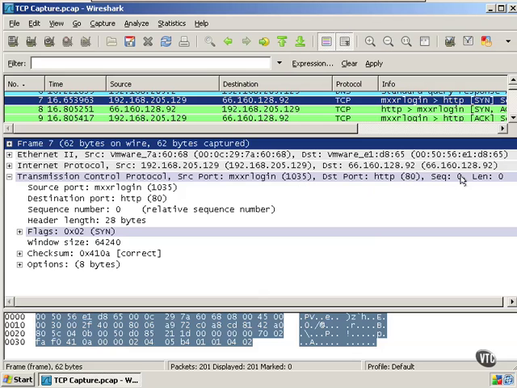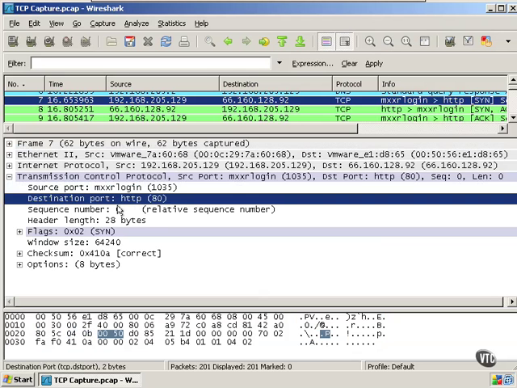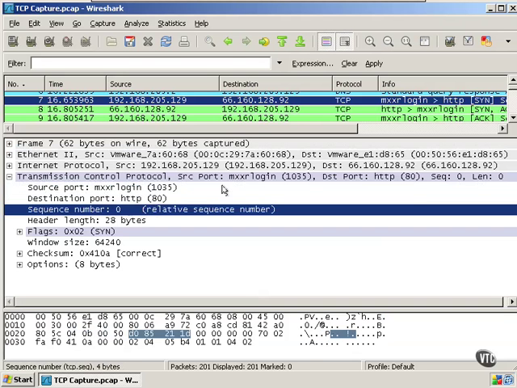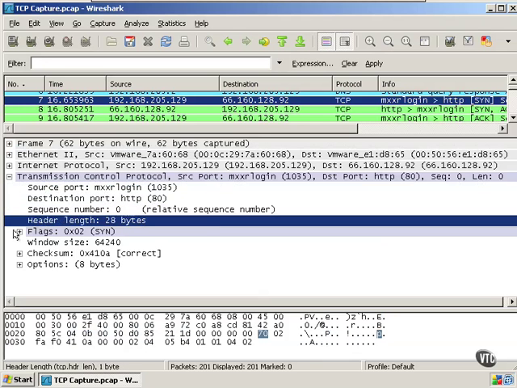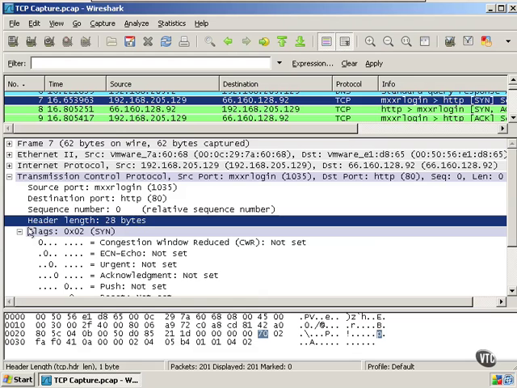We start out with a sequence of 0 and a length of 0. Our source port again listed here, and here's our relative sequence number. Again, sequence numbers are randomly generated, and for our purposes here, the relative sequence number basically means the start of the conversation. It's relative to this particular TCP conversation. We've got a header length, and then we've got flags. Now let's look at the flags that we see here. This will show which flags are set and not set, and this is a SYN packet, so the SYN flag